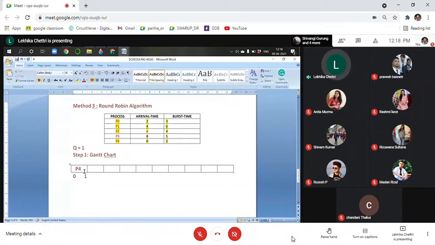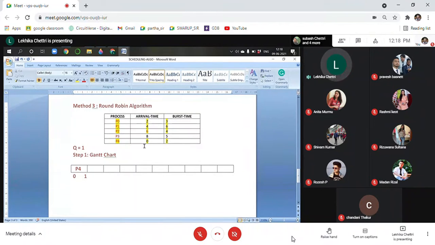Okay, so after that, look at here very carefully. There can be confusion initially until we put all the processes in the Gantt chart. So look at here carefully. So at clock time 1, is there any other process in the ready queue? See here, is there at clock unit time 1? Look, quantum is 1, so it is time that P4 comes out of the CPU. So it re-enters into the ready queue.